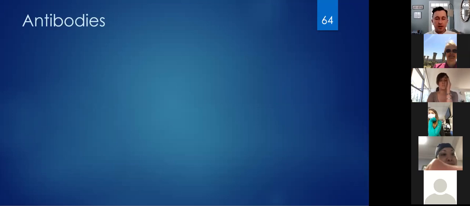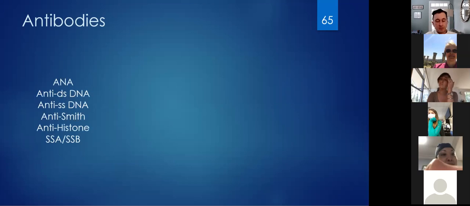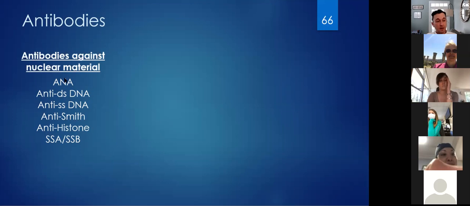All right, I wanted to briefly talk about antibodies a little bit more, and then we'll circle back around to this when we talk about diagnosis. So all the antibodies in lupus are there for a reason. If this was in a classroom, I'd ask you to tell me how all these antibodies are related. All these antibodies that we check in lupus are antibodies to that nuclear material we were talking about that occurs naturally through apoptosis, but in these lupus patients, they can't consume it because the macrophages aren't activated by the complement. So these aren't just magical antibodies that came out of nowhere.